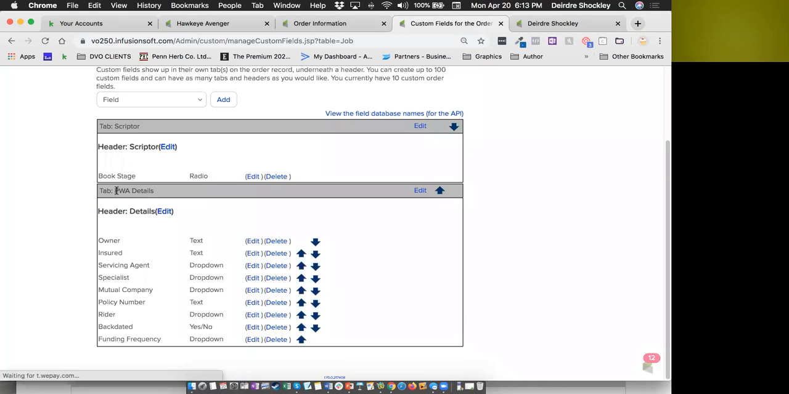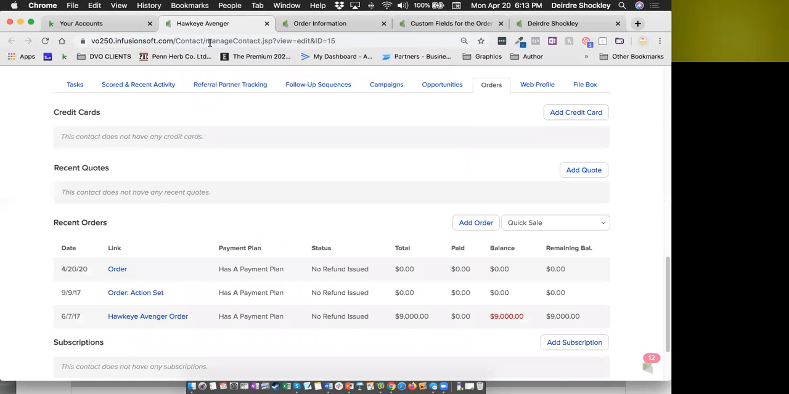So I made a tab called PWA details, and the header I just called details. We can name it whatever. And this is in my app. I didn't do this in your app because I didn't want to just assume that you wanted it there. So I created an owner, insured, servicing agent just like you have. The fields don't match exactly the information, but so I have this person here